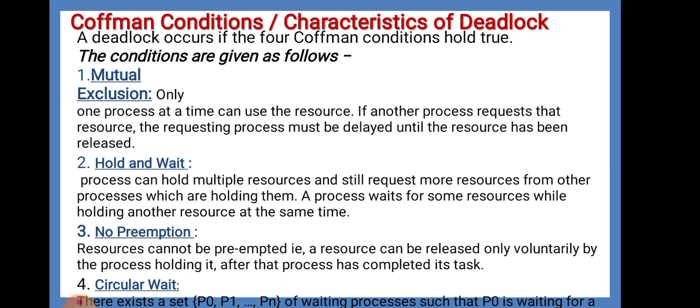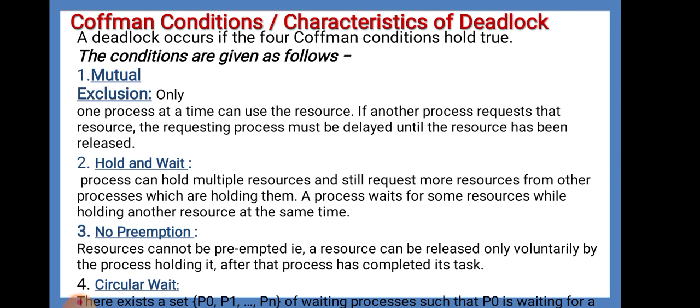What is hold and wait? As the name itself implies, a process can hold multiple resources. As I told while explaining deadlock with an example, there are two processes, resource 1 and resource 2. Hold and wait means a process may hold multiple resources, and if it already has two or more resources and is still requesting some more resources from some other processes,